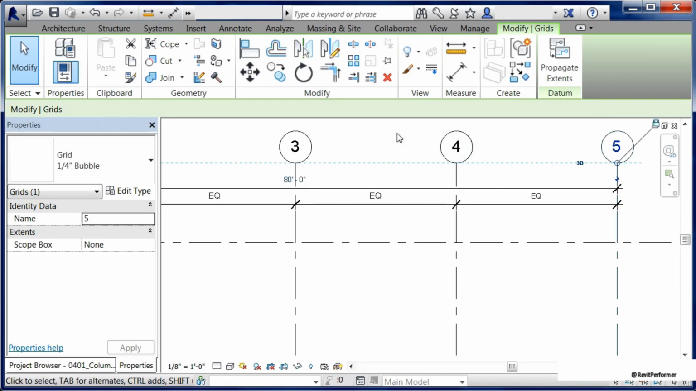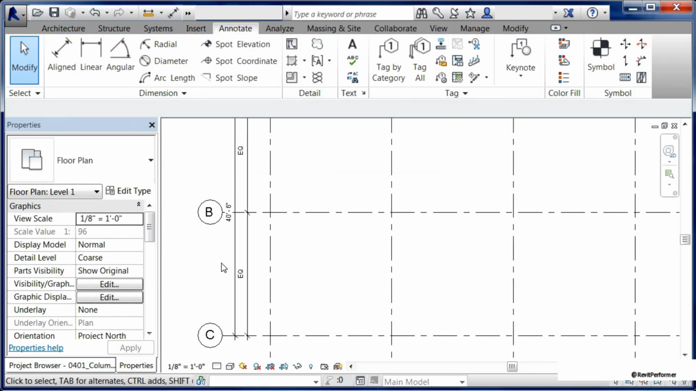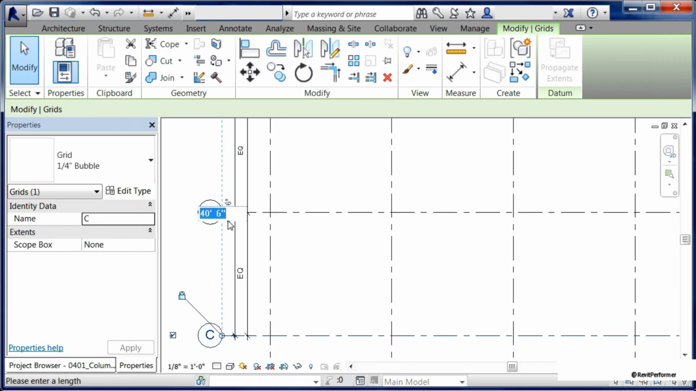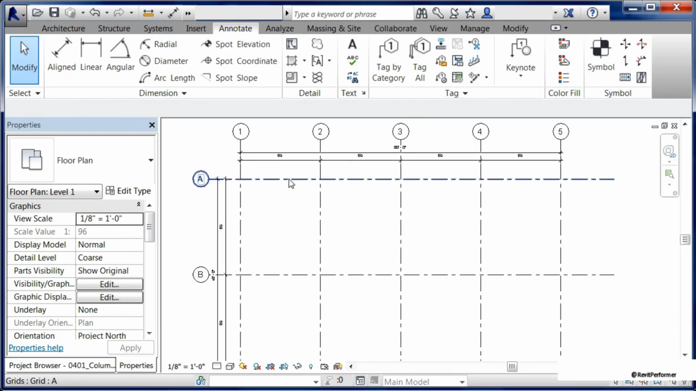And then click somewhere in the white drawing area. It's automatically moved these grid bubbles, and they're continuously equally spaced. Over here at the side, I don't want this to be 40 feet 6 inches. I'd like it to be 48 feet. So move your mouse down, select on the grid line, come up, select the dimension, type in 48, then click